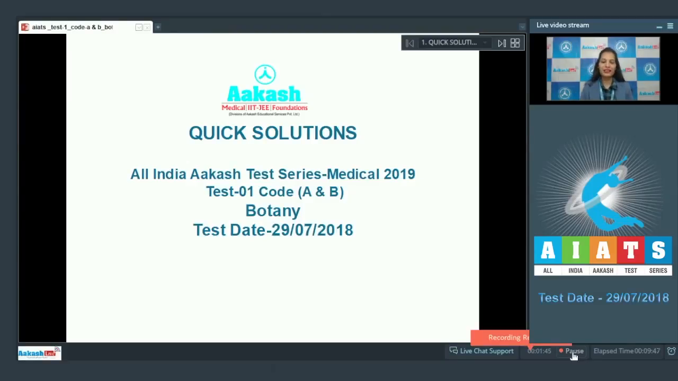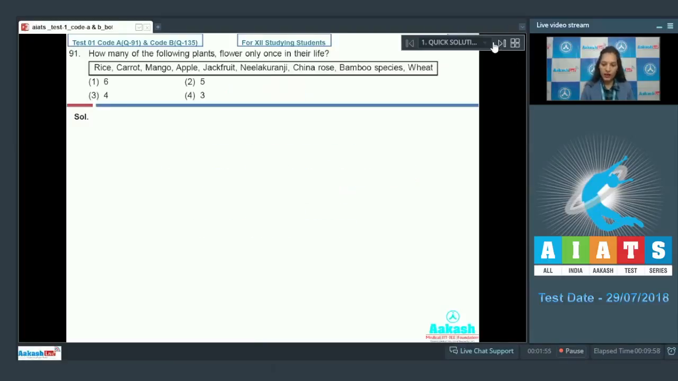Students, I'm going to discuss the quick solution of All India Akash Test Series paper number 1 of Botany section. In Botany section, the very first question is question number 91, and that is, how many of the following plants